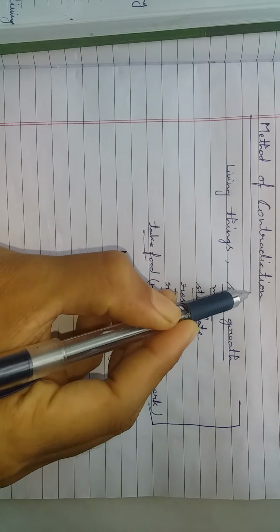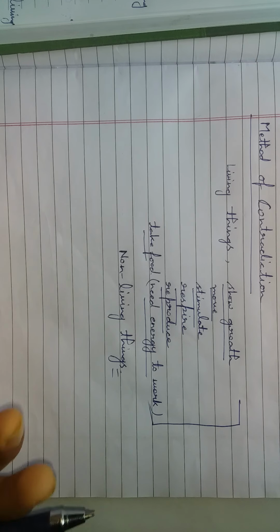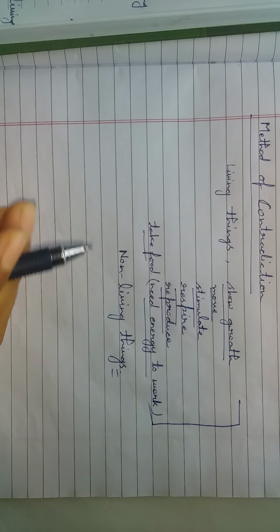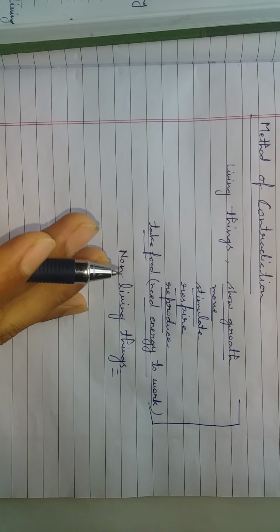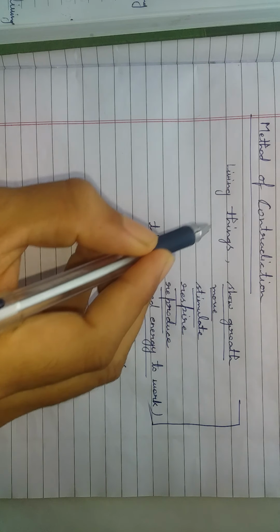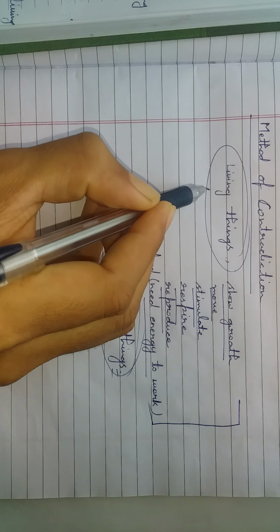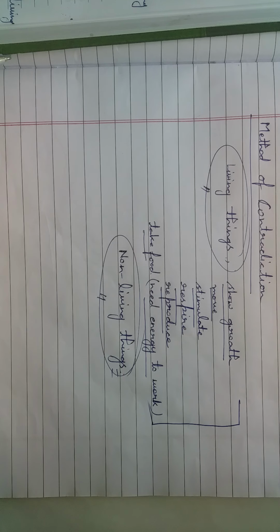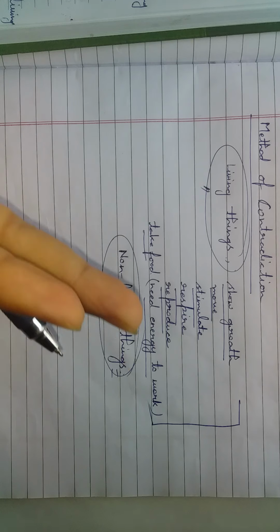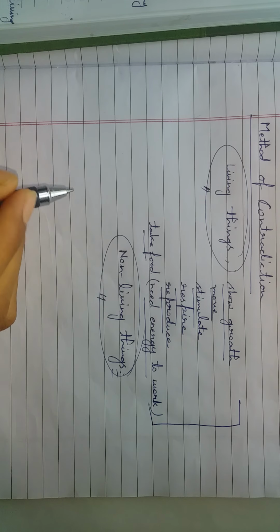The method of contradiction is: if there are only two possible conditions for something and it is not in one, then certainly it will be in the other condition. There are two, meaning that an object is either living or non-living. If it is not living, then certainly it is what? Non-living. If there are two conditions for something and it does not fit one condition, then it will fit the other condition.